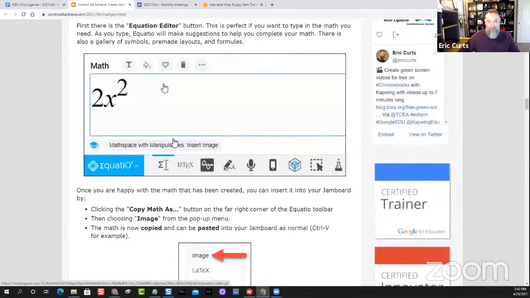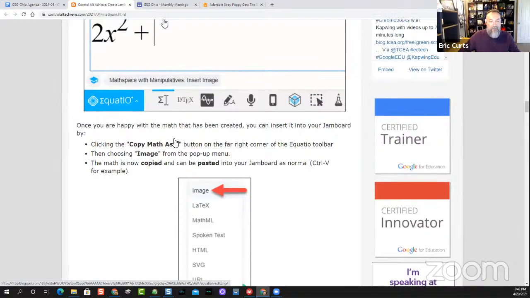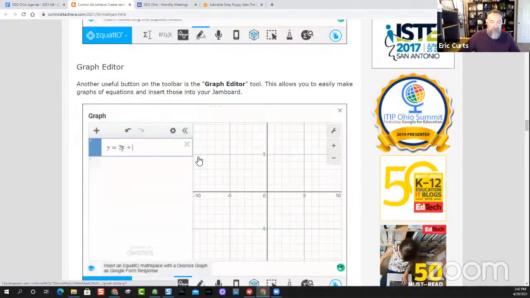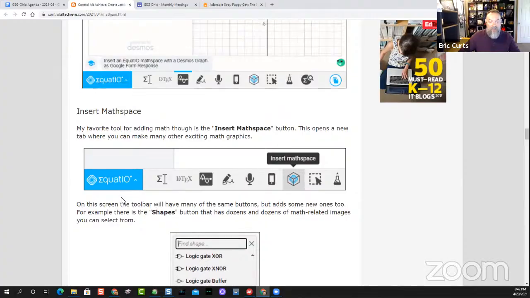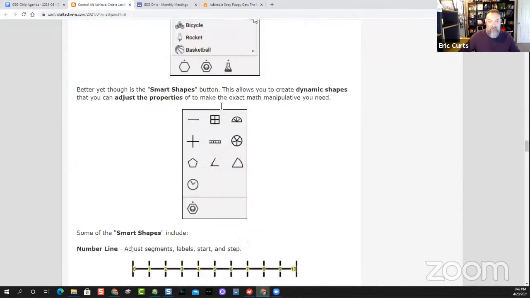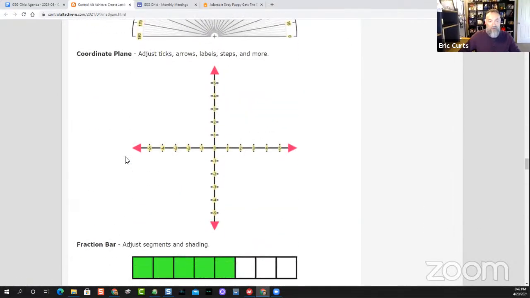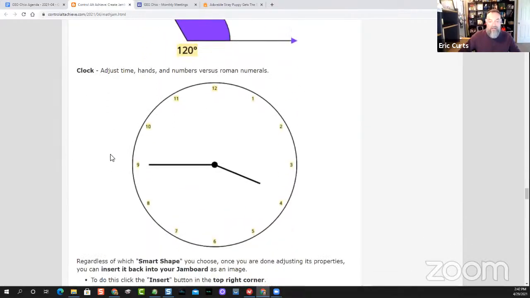So if you want to put some math expressions in there, which is awesome, you can do handwriting or typing, and you can add graphs in as well, which is wonderful. But then there's this really awesome portion called Math Space, which is a really neat button inside of Jamboard that gives you access to all of these really cool smart shapes where you can create number lines and grids and protractors and coordinate planes and fraction bars and fraction circles, and they're all adjustable, and then you can drop them